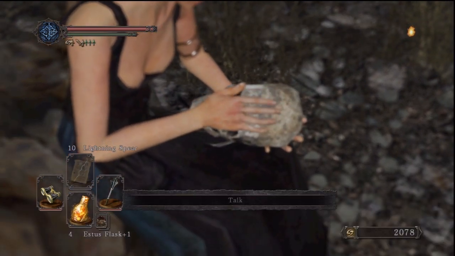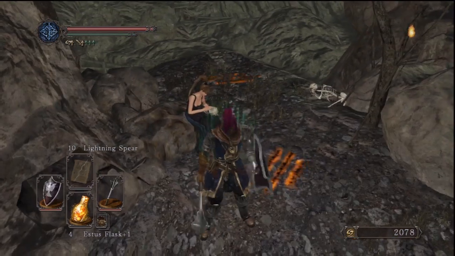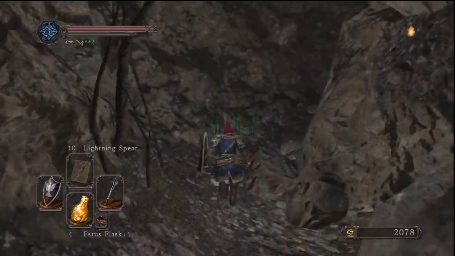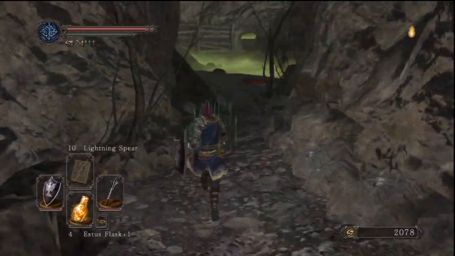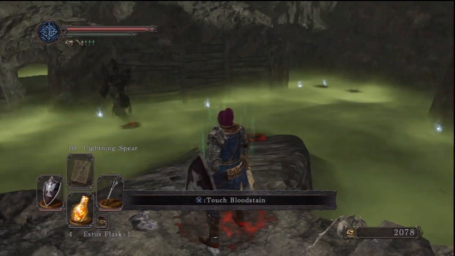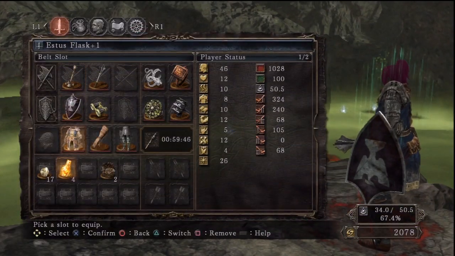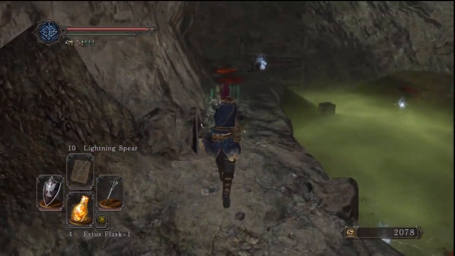This is the first time I'm noticing that she's holding a skull. Anyway though, it's time to go. As you may have guessed from all the green fog and what she's been saying, this area's gimmick is basically that there's a lot of poison. In fact, if we step down there, we will be poisoned, so let's equip some poison moss just to be